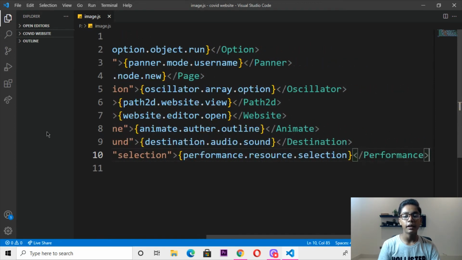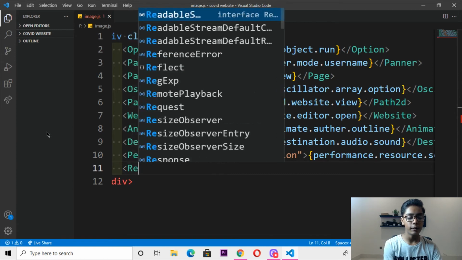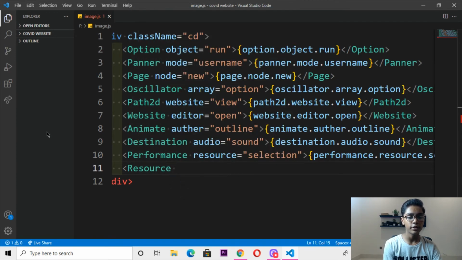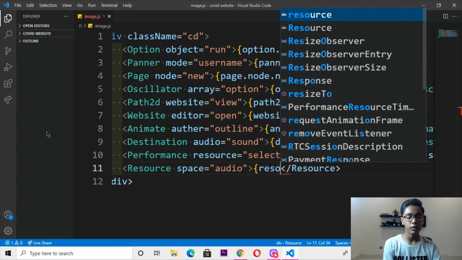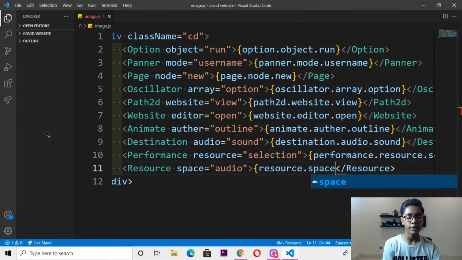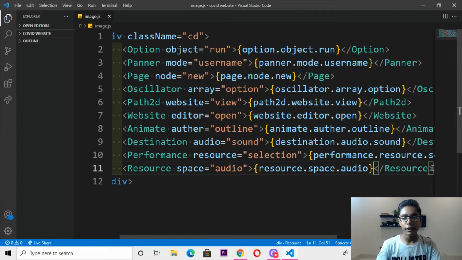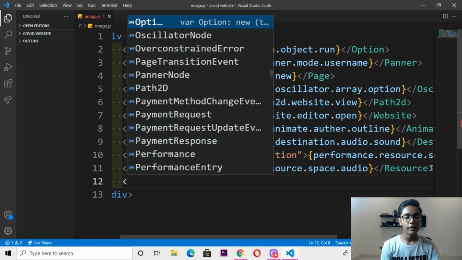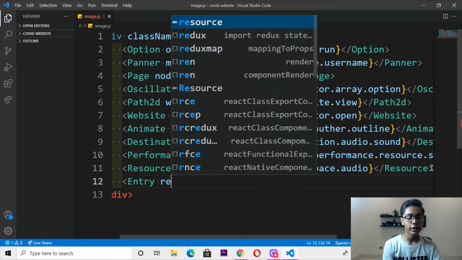Here I will be writing. Then I'll be moving down. Here I'll be writing resource. So just write here resource. Then I'll be changing that to space equals to audio. Now close this here. Here I will be changing that to resource dot space dot audio. Close this tag now. Then when you're done with that, here I will be moving down and closing, then make this tag in which I will be writing entry response